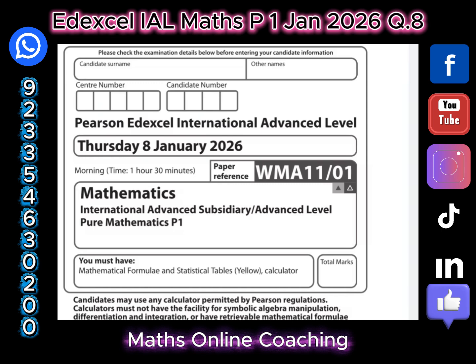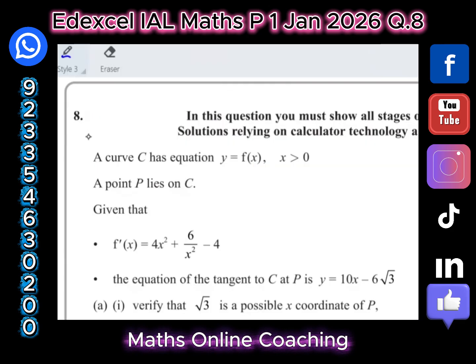Today we are going to solve a question paper of Pearson Edexcel International A-Level Mathematics, Pure Mathematics 1, January 2026, with paper code WMA1101. Question number 8. A curve C has equation y is equal to f of x, where x is greater